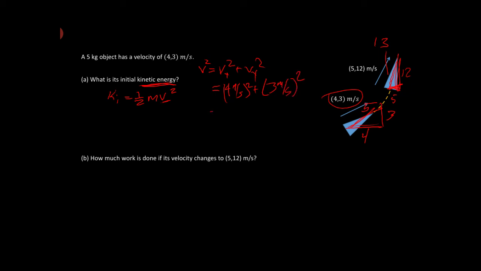Now, because these are Pythagorean triples, I know that this squared plus that squared is equal to 5 meters per second squared, which is equal to 25 meters squared per second squared. So this guy just plugs into that guy over there. So we have 1/2 times 5 kilograms times 25 meters squared per second squared. All right, and so 1/2,